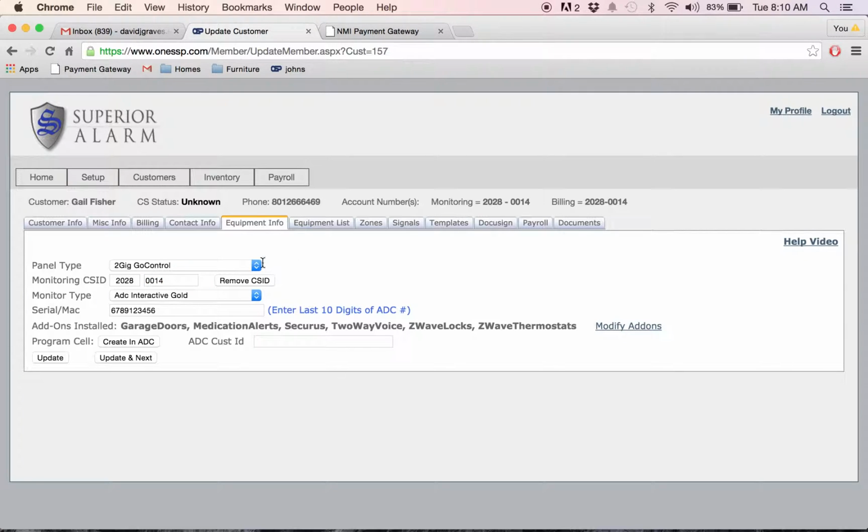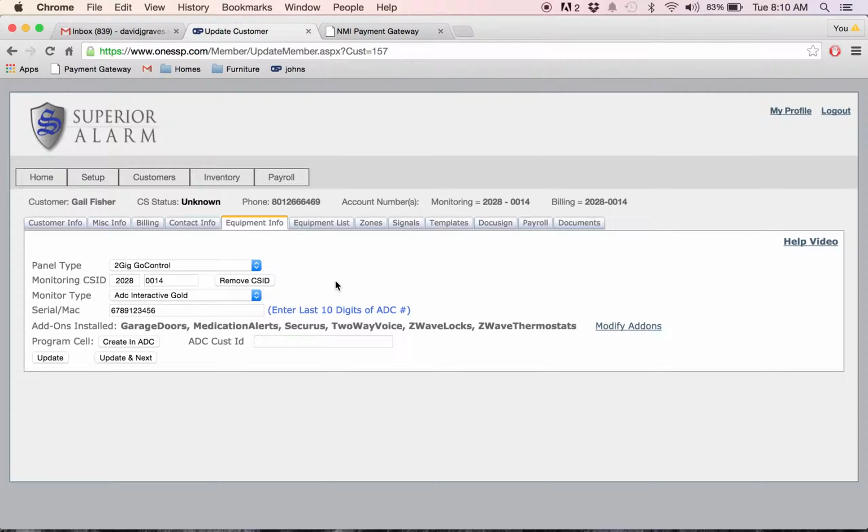20280014. Now one thing that's cool about this is I can remove CSIDs and assign them. If I go to the setup tab and I put in a bunch of CSIDs, what's really nice is I can tell it, okay, 2028 is my prefix. It starts at 0001, ends with 9999. That's if you have a line card where they give you 10,000 account numbers. Sometimes they just give you 100 or 200. And all of those accounts have the same receiver number. They have the same, if it's also tied to AlarmNet, it will have the same city code and CSID for